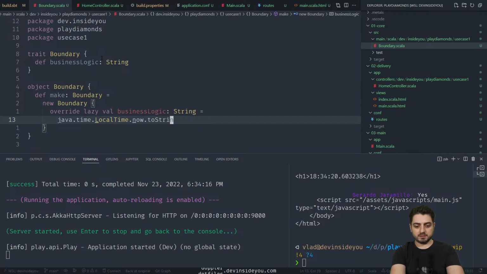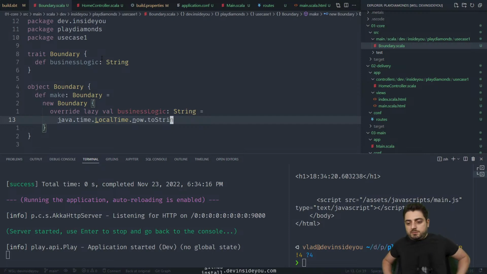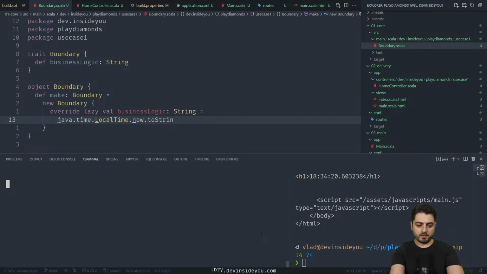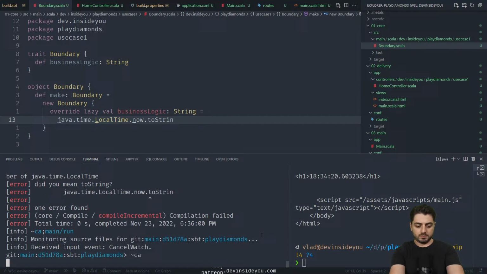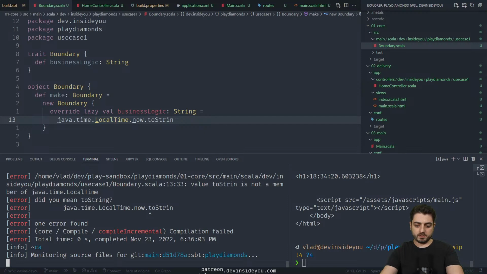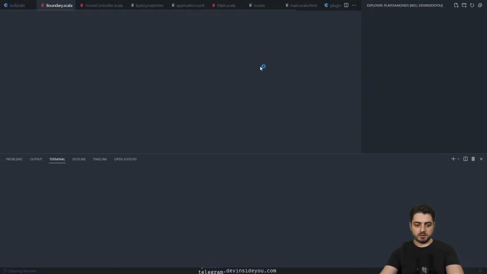Why am I not getting, what is my Metals doing? How about you tell me that everything is good or not? It says compiled core. No, it didn't. Ah, annoying. Exactly. So, dear Metals,